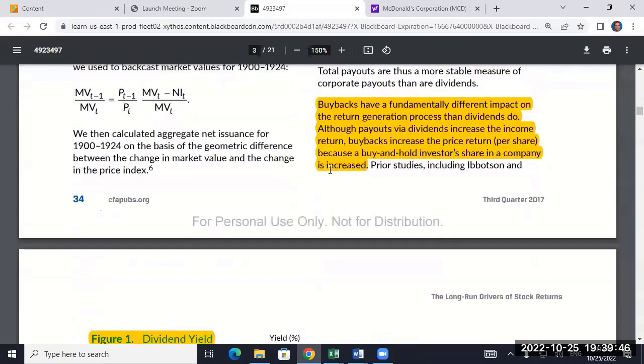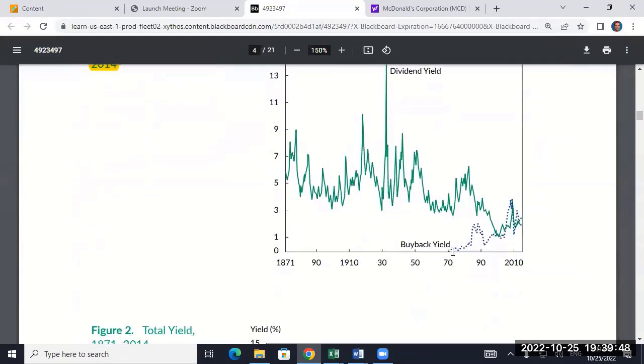They show the change. Here's stock buybacks. Here's dividend yields. And that's what they're saying. Somewhere around 2014, 2015, the two things switch. So I want to go back to 2015 and see if that continues. I do think there's a sector